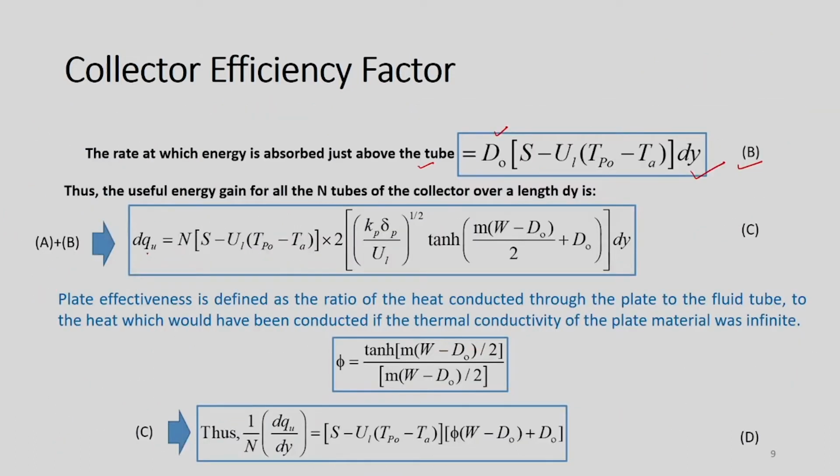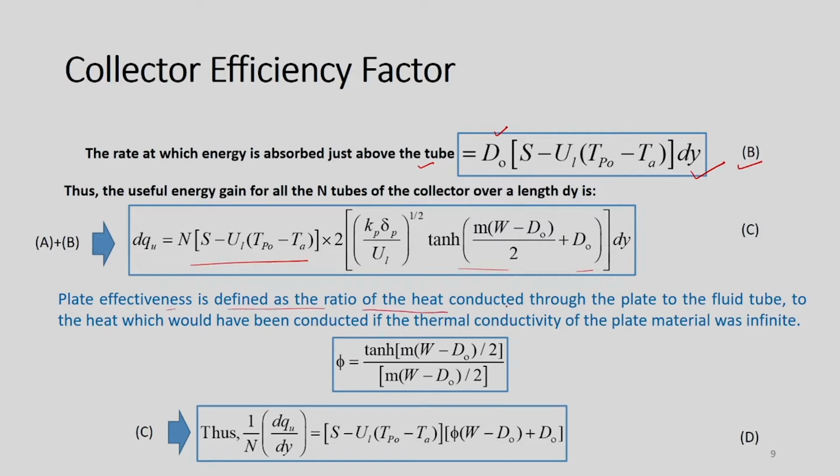what we will have then is dq equal to n multiplied by this expression. So, this part is common. I have skipped one step here. Since this part is common, we can take it out, and we can introduce these two parts in the bracket. Also, this plate effectiveness is